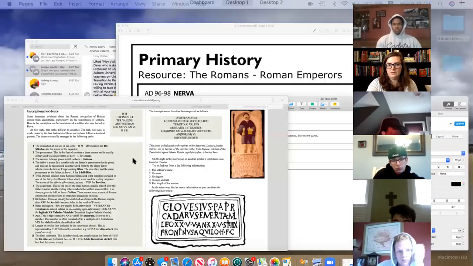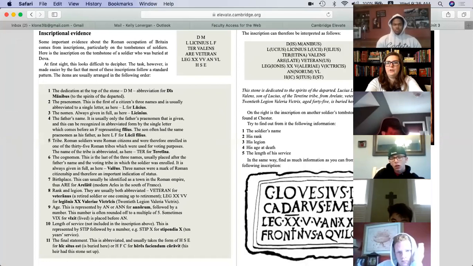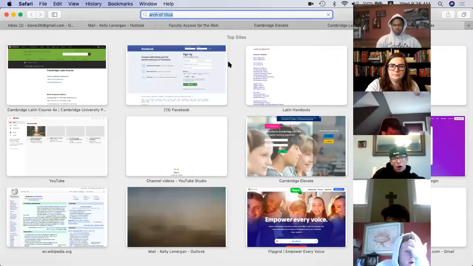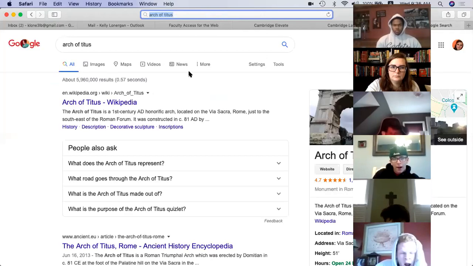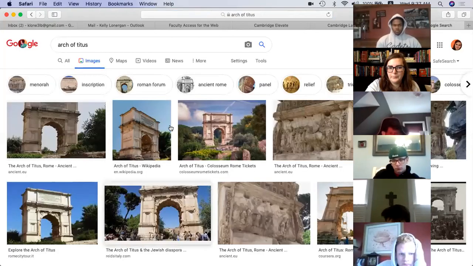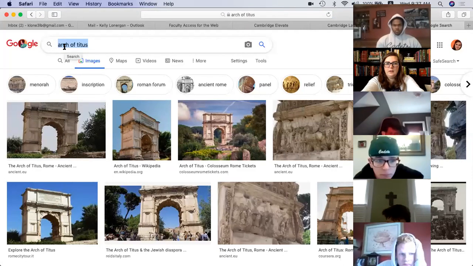This is not what I wanted. So this is the Arch of Titus. And the Arc de Triomphe is based after it. Lots of arches in the world are. And this is